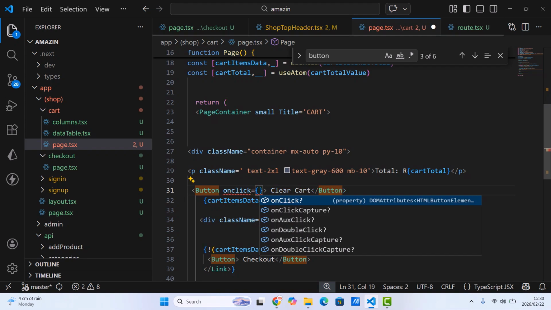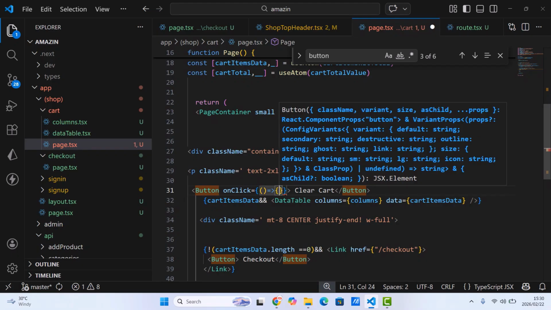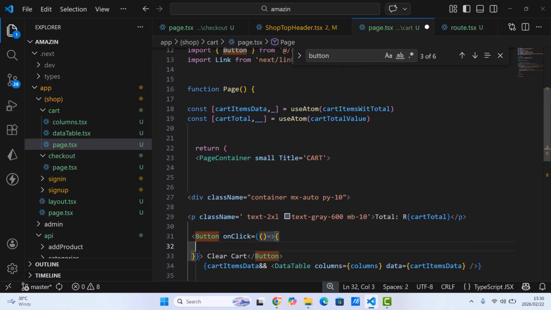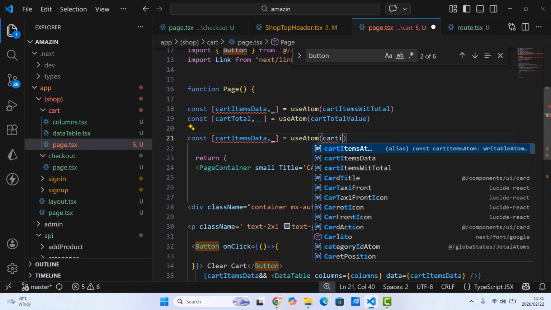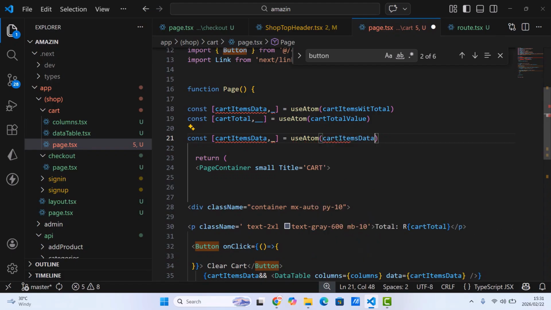Okay, on click, we are going to do something here. Okay, we want to set the original array. Not this one, the original array of items, not this one. Let's just say cart items data. I think it's this one. Let's import it. Okay, and then we don't want this. We can put 2 underscores here. We want the set part of it. Okay, which is